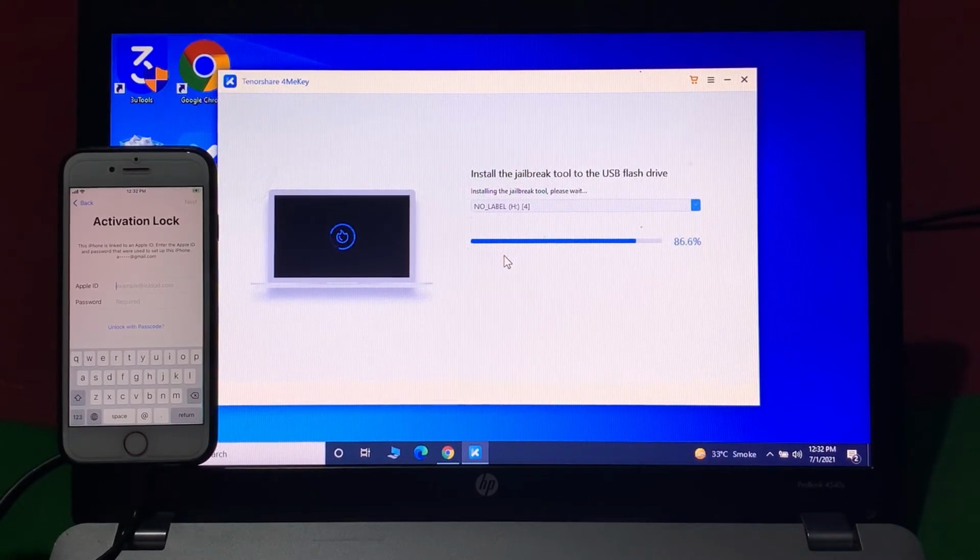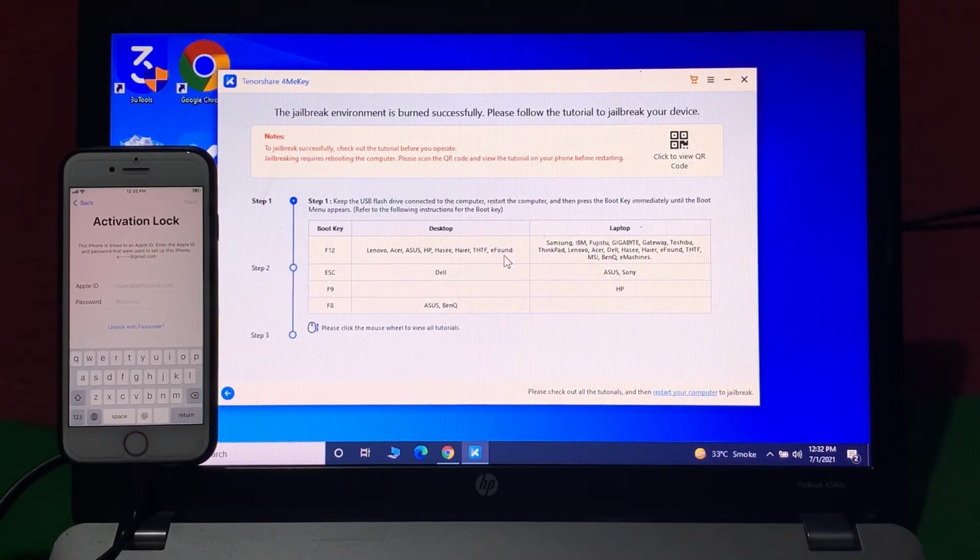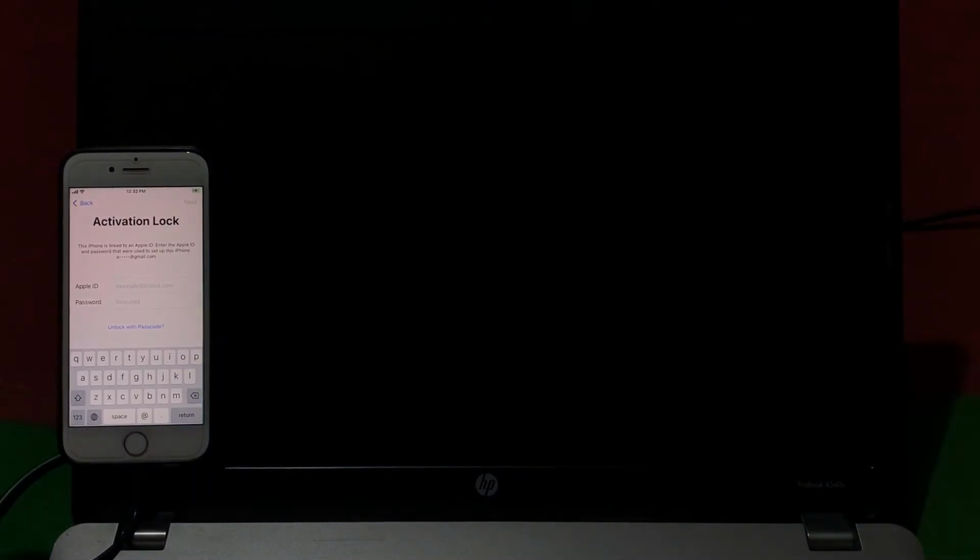You can see the jailbreak tool is installed on the device. Done. I am using an HP, so restart my laptop or PC. It will take some seconds to wait.